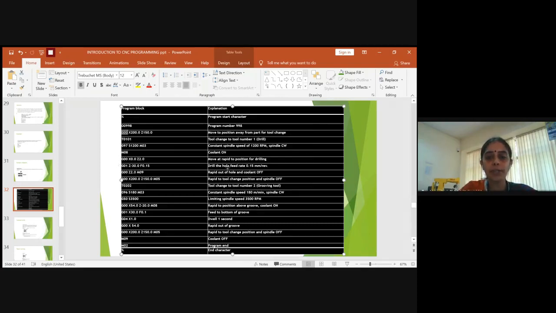For the drilling operation, again you go for the rapid traverse first because the tool is somewhere away and you have changed it. And the tool has to come back to the workpiece where it is. So you use the rapid traverse with the drill bit tool attached to it properly. And then you start providing the feed for the drilling operation.